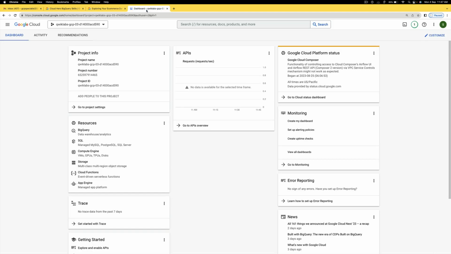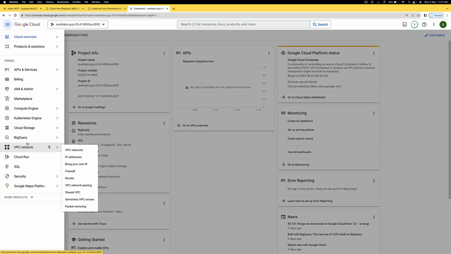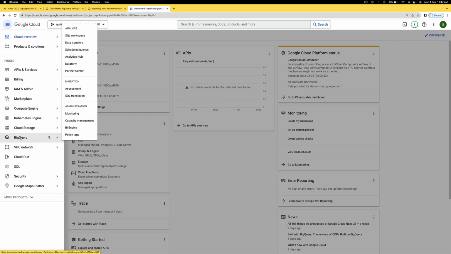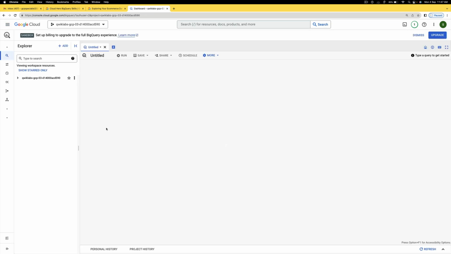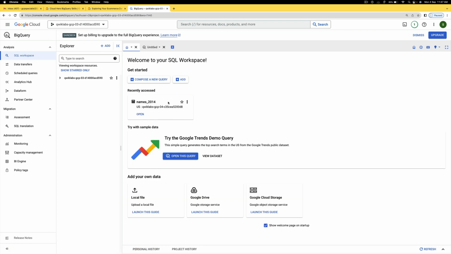This is task 1. Task 1 is to open BigQuery and go to the public dataset, that is data to insights, right? So click on the navigation menu, and here on the left hand side you can see BigQuery. Click on BigQuery. As soon as the BigQuery console opens, what we'll do